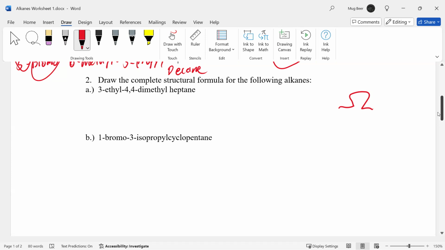Wait, so it's a hexagon. But here's the thing, it's a cycle of pentane. So 1, 2, 3, 4, 5. Something about it is propyl and the weird propyl, it's iso. Now, these are attachments, right? We know that propyl means 3. Cyclopentane is 5. What is iso? So we have a pentagon. And then on number 1, there's a bromine. Does it matter where? Wherever the bromine is, it is. Okay, we'll just do the top. Number 3 is on the bottom, which is the weird propyl, so I think that means it's like